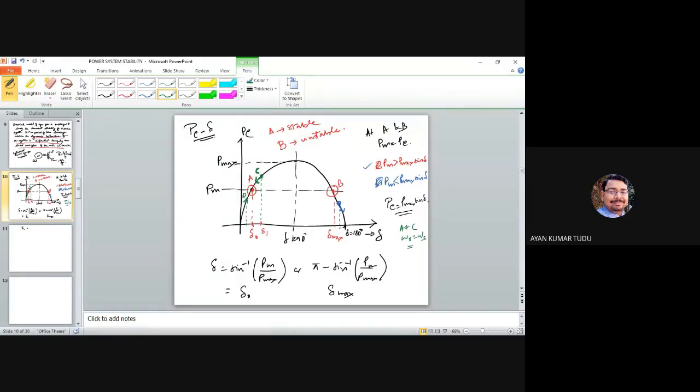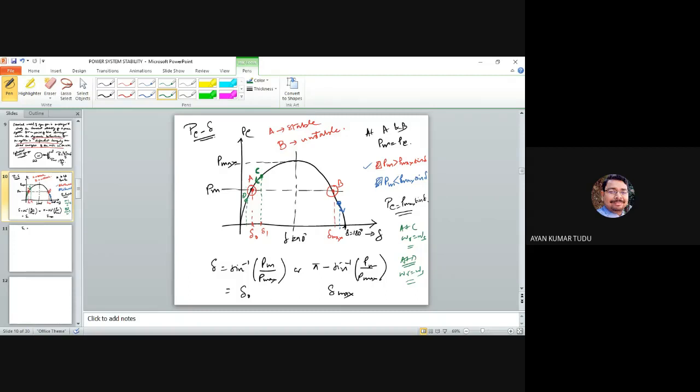Because it has some inertia, it cannot stop at point A, and it will decelerate further to this point D. Now your question is why point D and why not at the origin or at 0? The answer is that when it is decelerating, again a condition will be reached when we have omega r equal to omega s. Means again at D, synchronous speed would be achieved, which means it will not be moving beyond D. Understood?